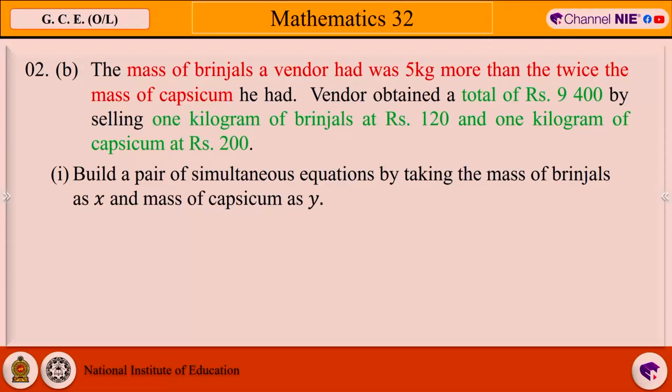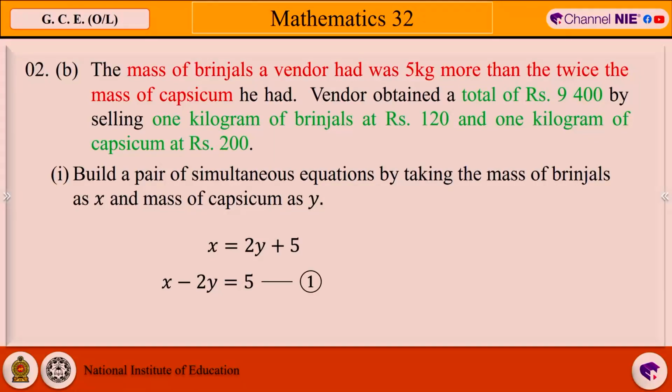Since it says the mass of brinjals a vendor had was 5 kilograms more than twice the mass of capsicum, we can build up that equation like x equals 2y plus 5. X is the mass of brinjals, it is twice the mass of capsicum and 5 more. That is why we write 2y plus 5. Okay. Then we can write this equation as x minus 2y equals 5, and you can name it as 1,